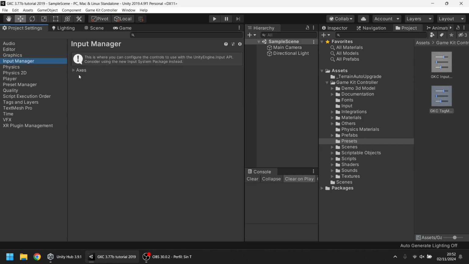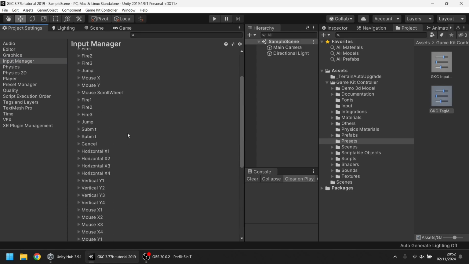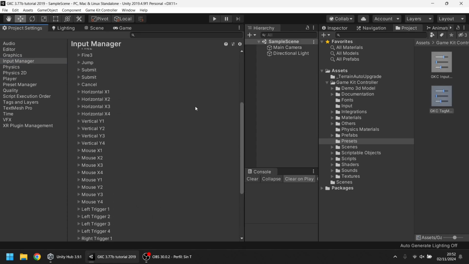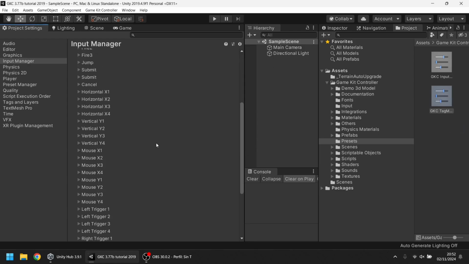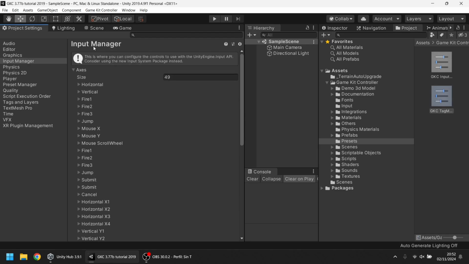So right now the settings here are the ones from GKC, but you can select here in case you want to add it into your project later than during the import.